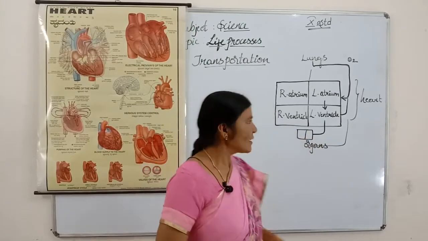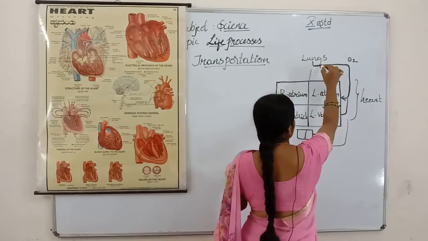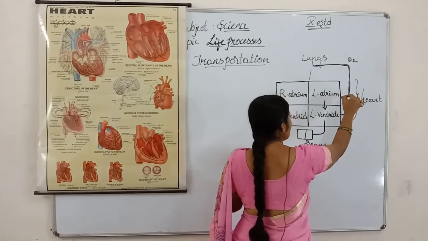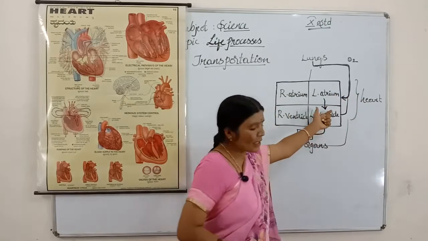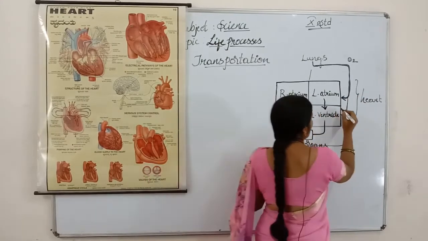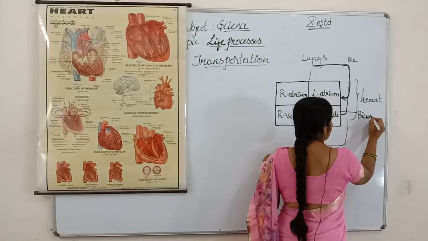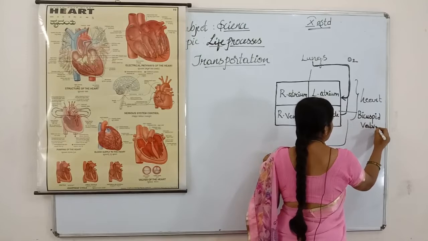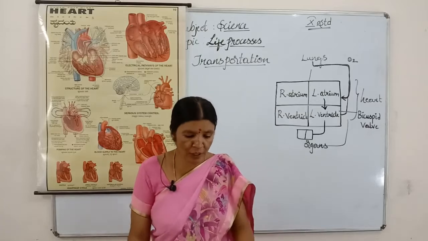Blood is first starting, I have told you, from the lungs taking oxygen, it moves towards the left atrium. From the left atrium, it is passing towards the left ventricle. It is coming across one wall. Isn't it children? That wall we call the bicuspid wall. Okay, children. Moves towards the left ventricle.